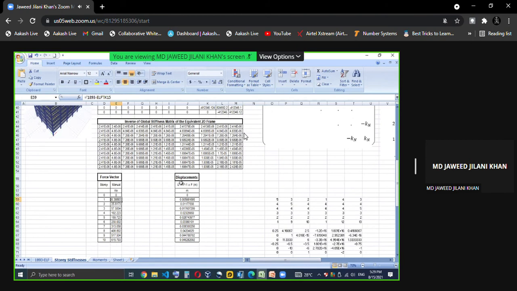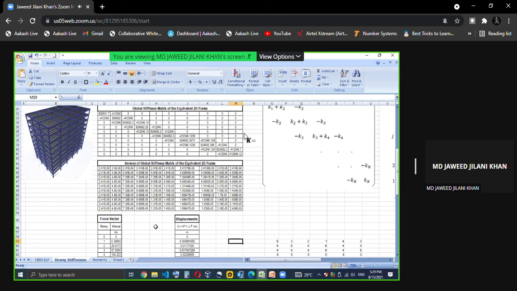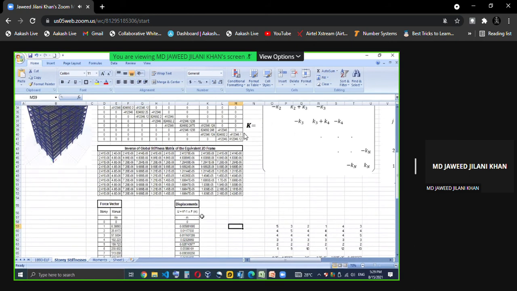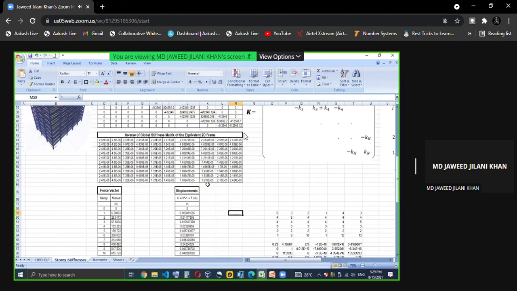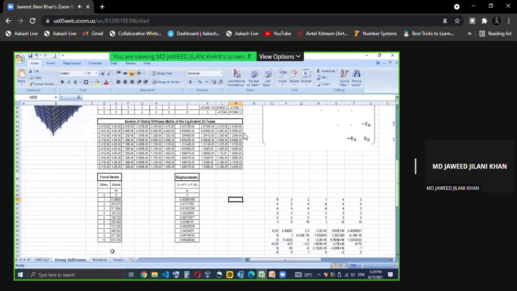Now I will calculate the displacement. What is displacement? From finite element, you know, F is equal to K U, force is equal to stiffness matrix times displacement. So U is equal to K inverse into the F matrix. The F matrix we know. This is how ETAB also will generate the stiffness matrix, generate the force vector, then calculate the displacement.